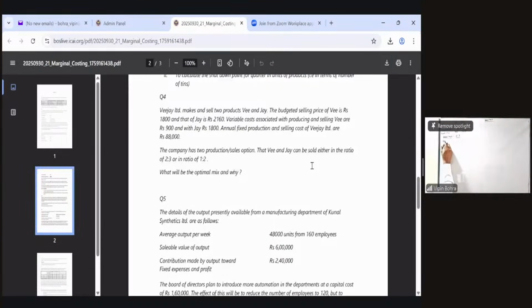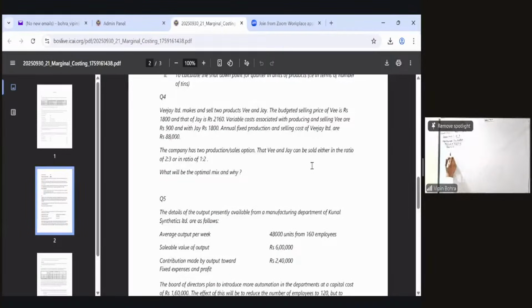So we'll first calculate the combined PV ratio, wherein for the contribution we will calculate the weighted average: 900 into 2 plus 360 into 3, divided by